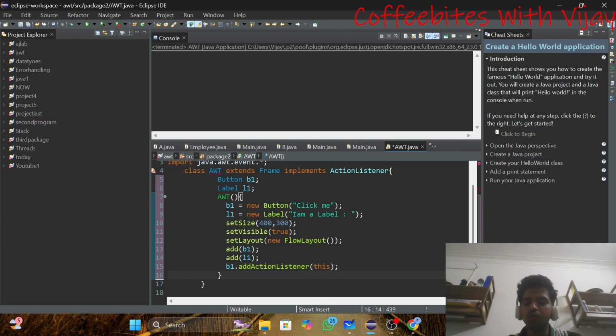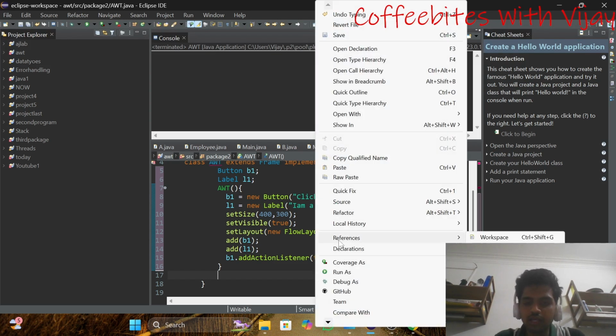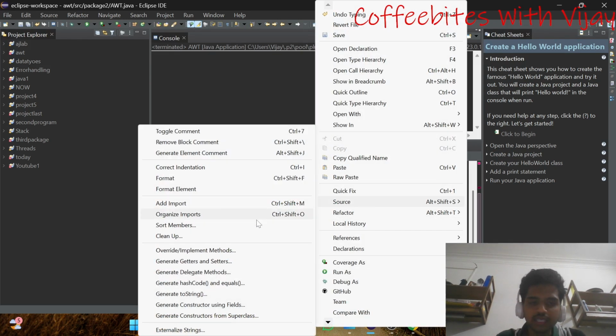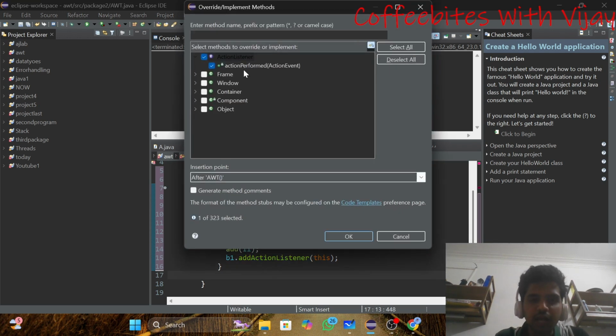After doing this, I will implement the method. In order to implement the method, I'll go to the source, and inside the source I'll go to override, implement methods, and here I'll select this action performed method.